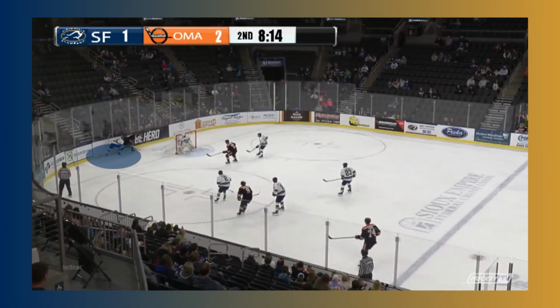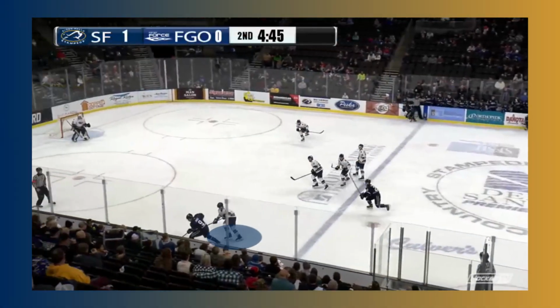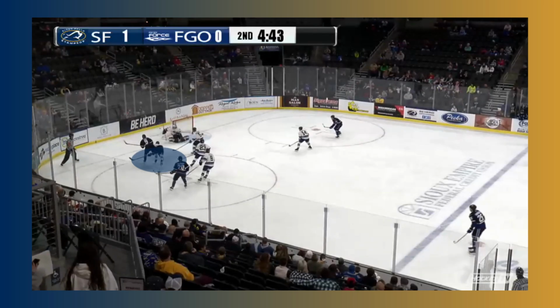Pushing a player laterally towards the boards using his body was something I didn't see very often out of Johnson, and when he tried, it wasn't very successful a whole lot. So while his gap control is fine and his stick checking ability is very good, and if the player continues to come straight at Johnson, he can get in the way and push the player out of the way, but